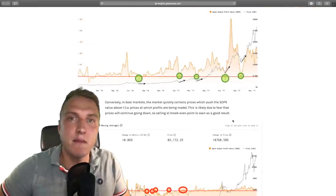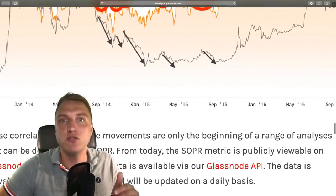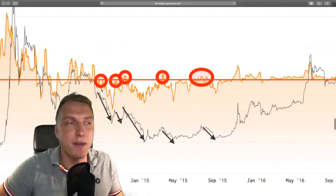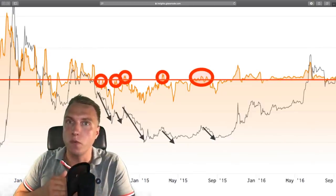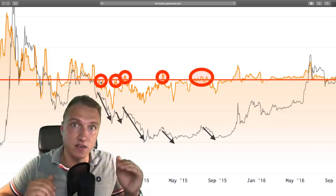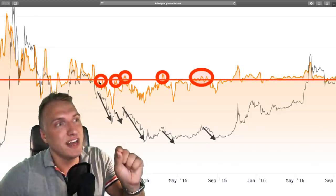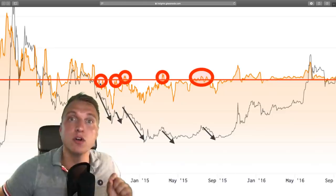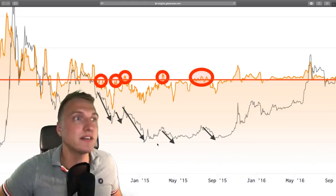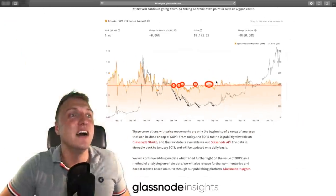So guys, it's getting better and better as the time passes. In the bear market before, in 2014 and 2015, this support was resistance. So always when we were approaching the value of 1 with the spend output profit ratio, where selling in profit and loss is at break even, that was a major shorting or selling opportunity. You can see that right here, we went down. Right here, we went down. Right here, we went down. It's crazy, guys. It's even getting crazier. Right here and right here, all of that were